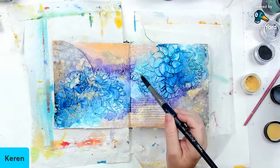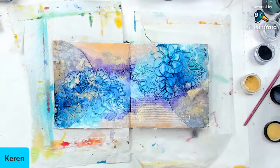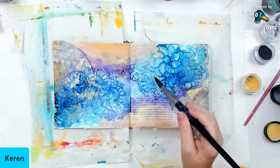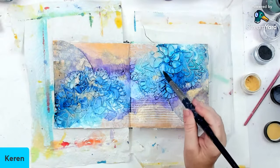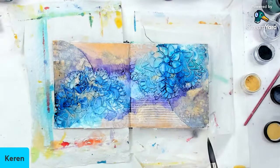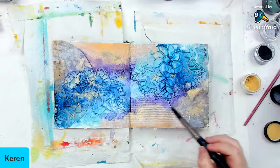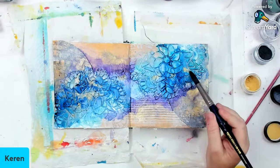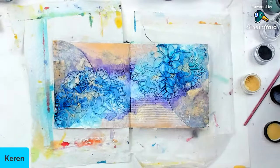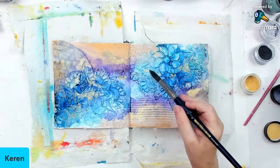I also don't want it to mix because I don't want green. Gold is technically in the yellow division of the colors, so I don't want any green right now in here. I want it to stay bluish. So I'm just adding a little bit of gold in different areas to add that glimmer. And also, because I have all the gold everywhere else, it's kind of blending it to that. Now I keep on cleaning my paintbrush